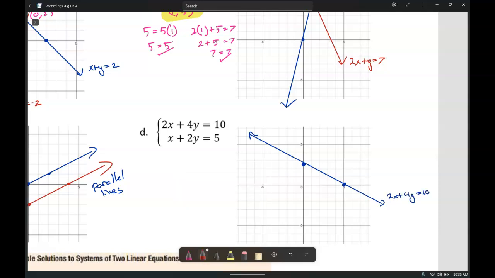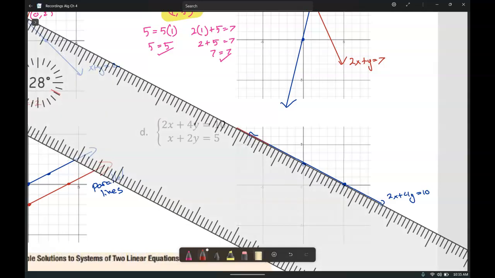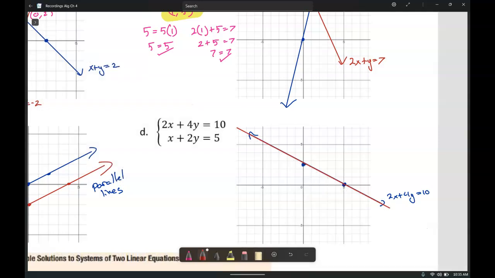And if we do the same thing to the other equation, we find that we have the same x and y intercepts for x plus 2y equals 5. So they're the same line. Well, when they are the same line, then that means we have infinitely many